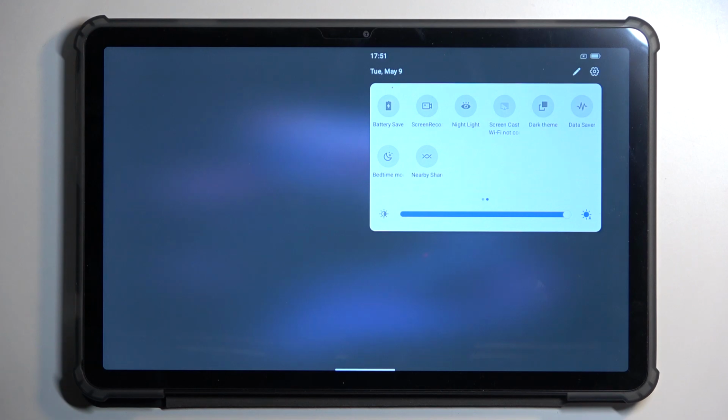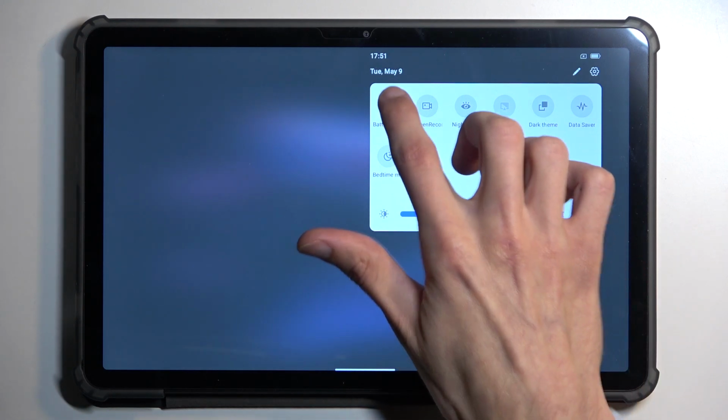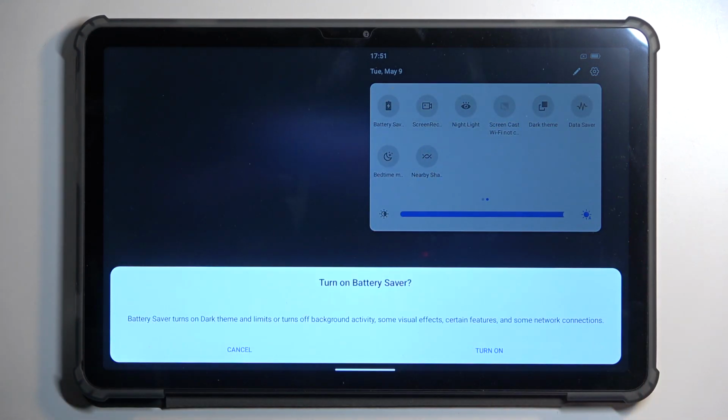But no matter, once you find it, it should be added by default. You can simply tap on it. This will then bring up this pop-up right here, turn on battery saver. Battery saver turns on dark theme and limits or turns off background activity, some visual effects, certain features, and some